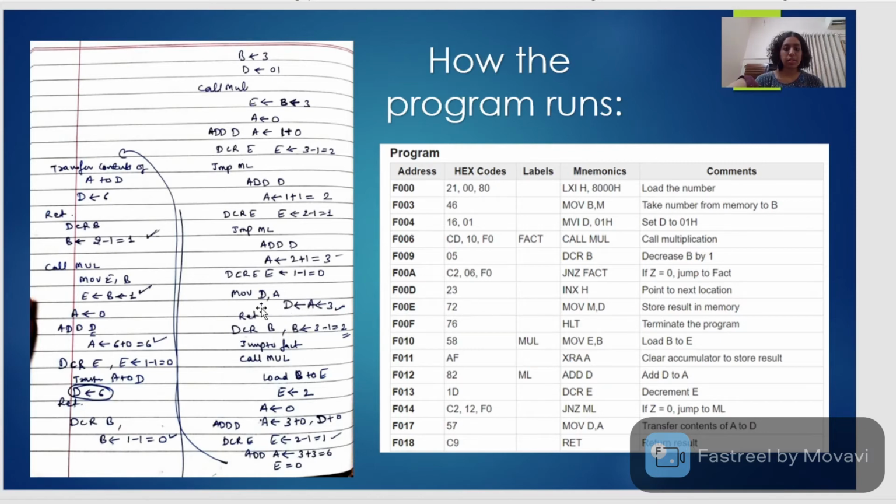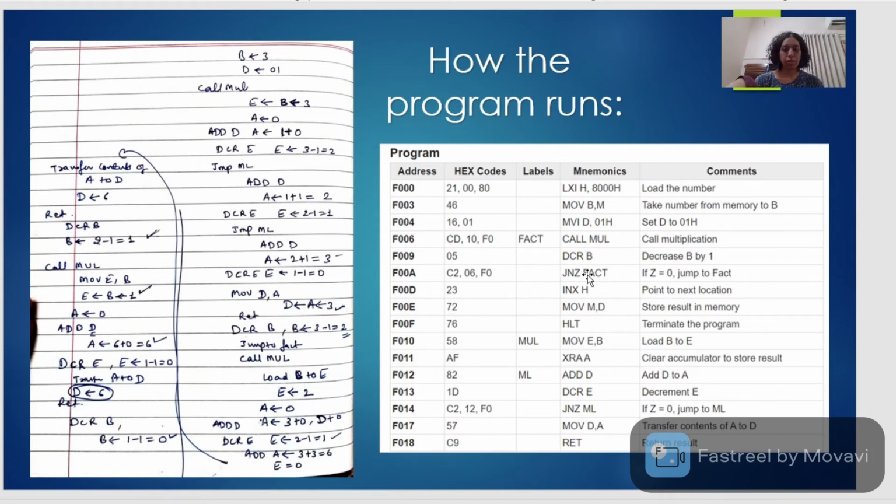And return result. Return result means we'll go back here, after call multiplication. The next instruction is DCR B, which means decrease B by 1. So B will become 3 minus 1 equal to 2. After that jump to fact and so on. I have shown you this much.